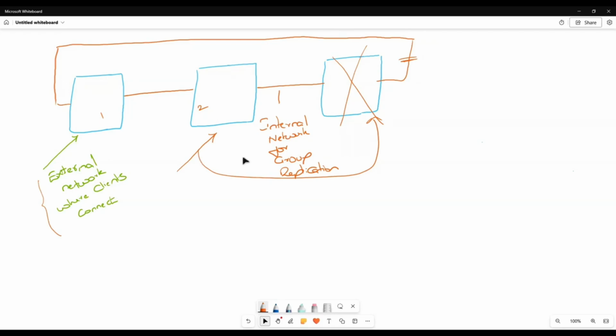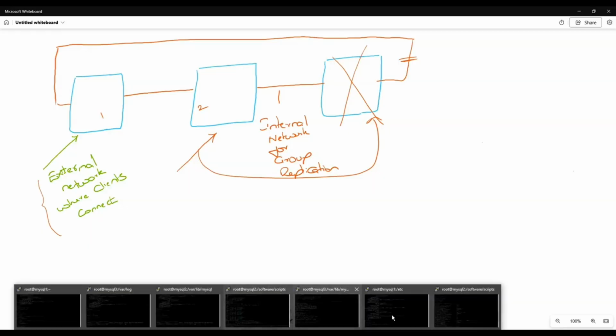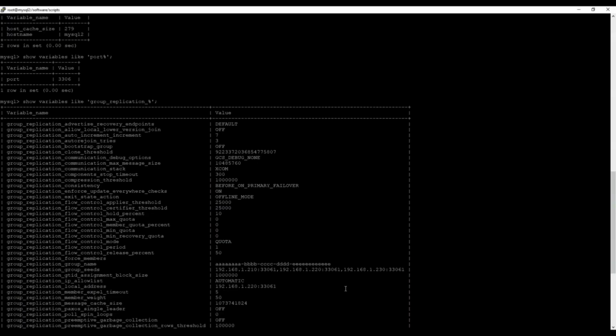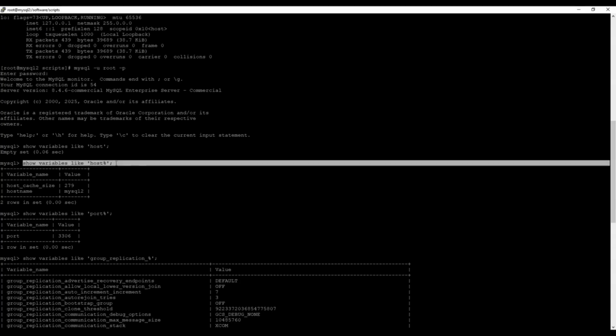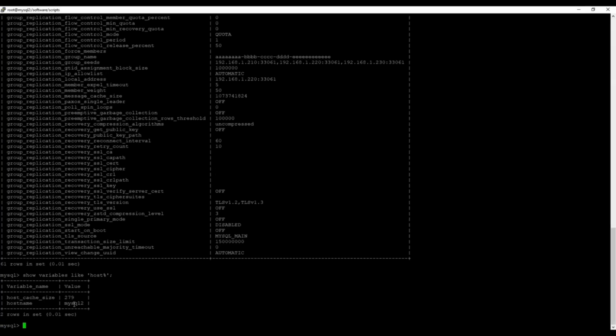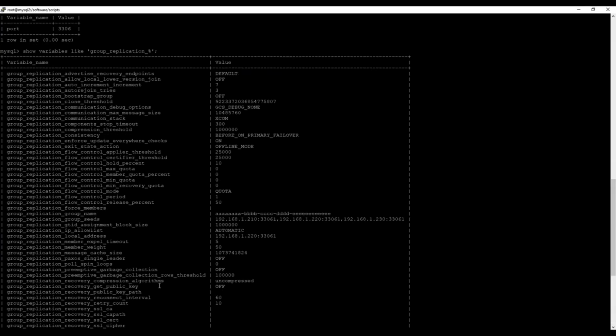So let me show all three details. I have connected to an existing member, and if you see show variables like host, MySQL2. The external clients connect over the host name MySQL2 and on port 3306, and they perform their selects or DMLs. Whereas this node, for the sake of group replication,